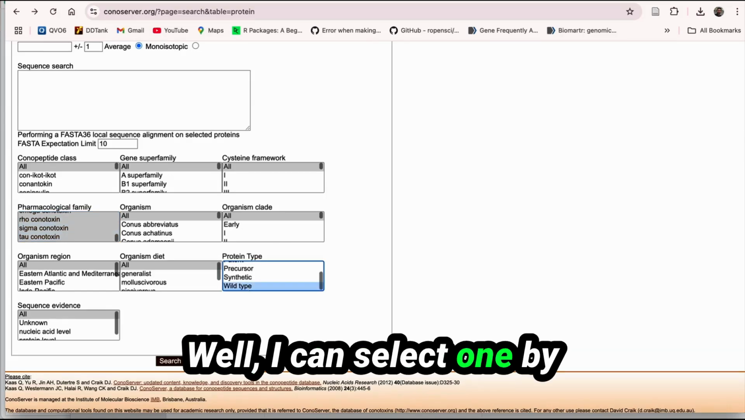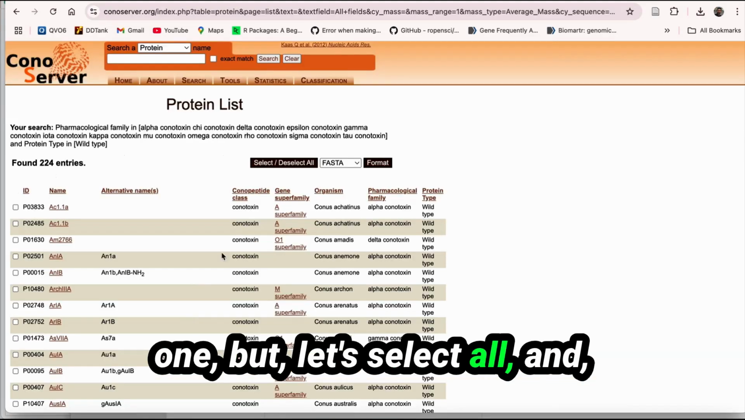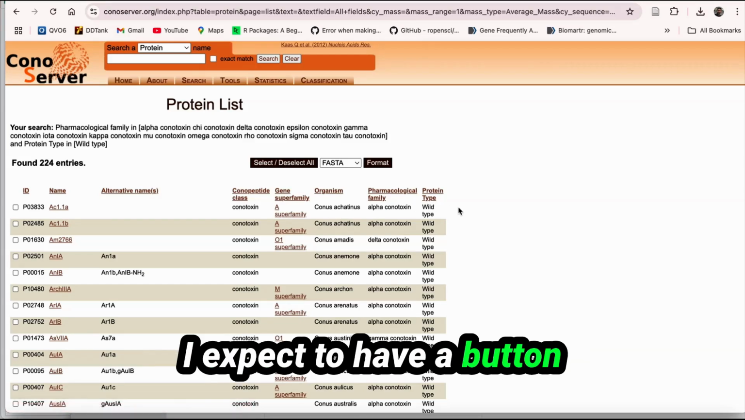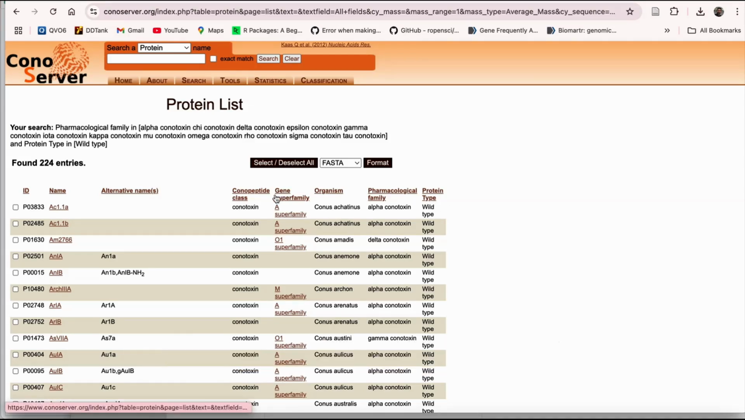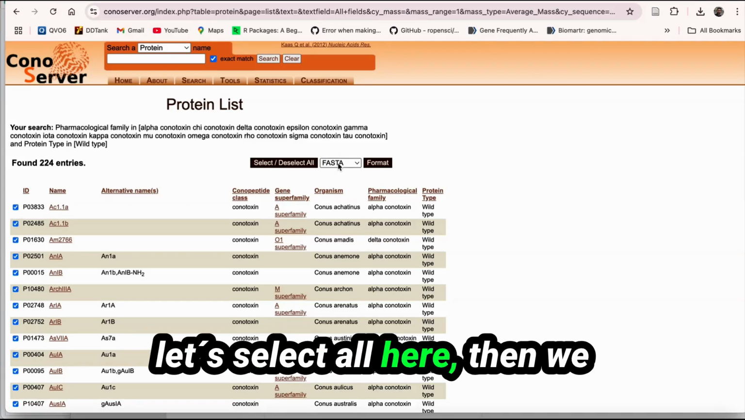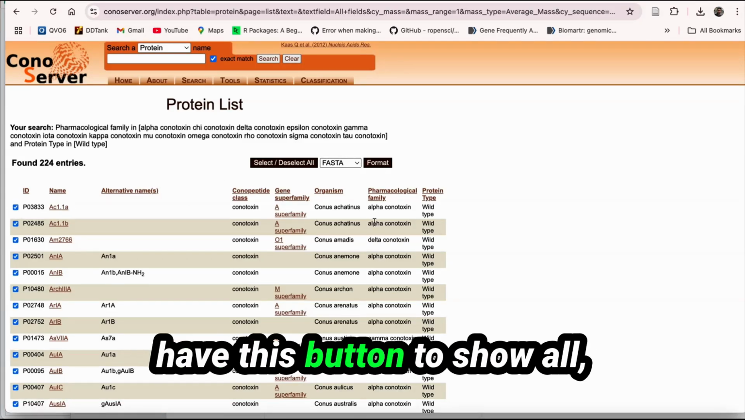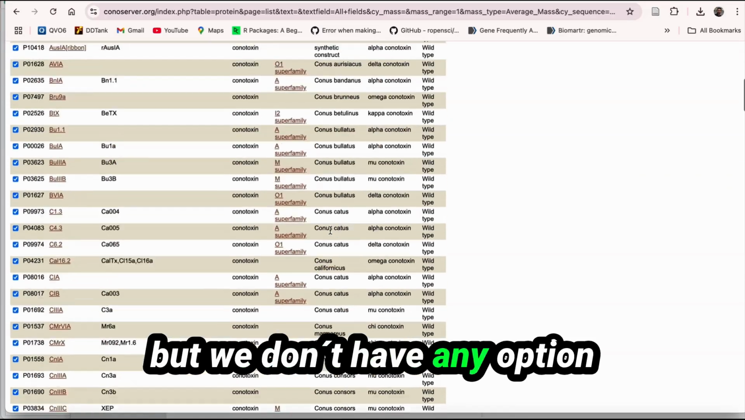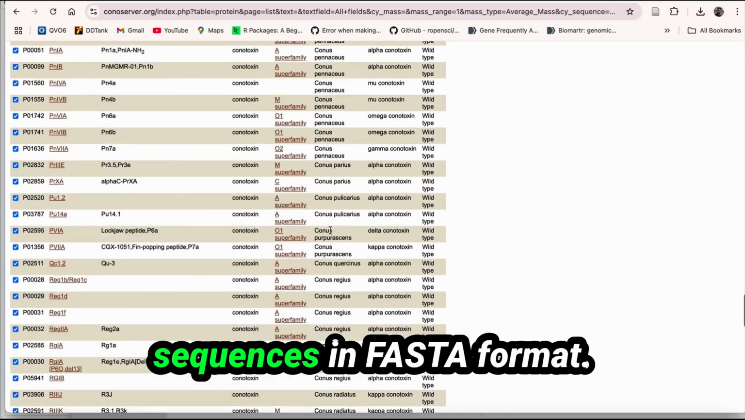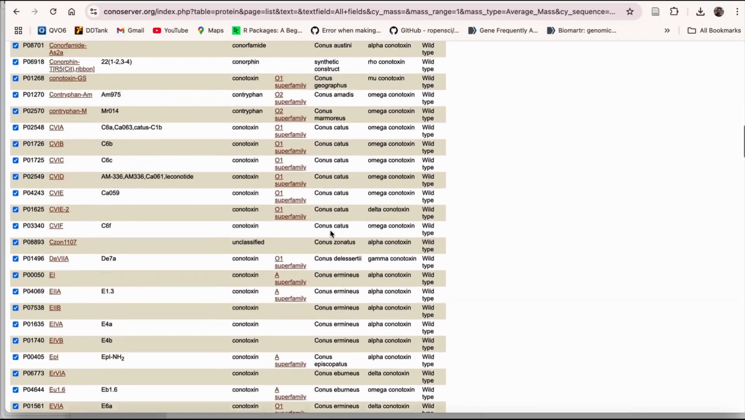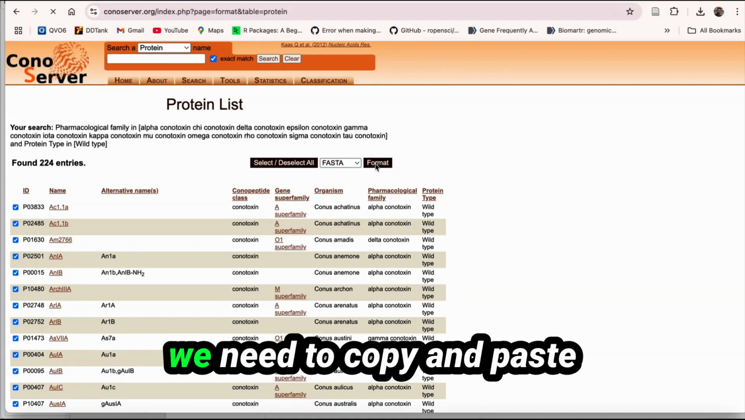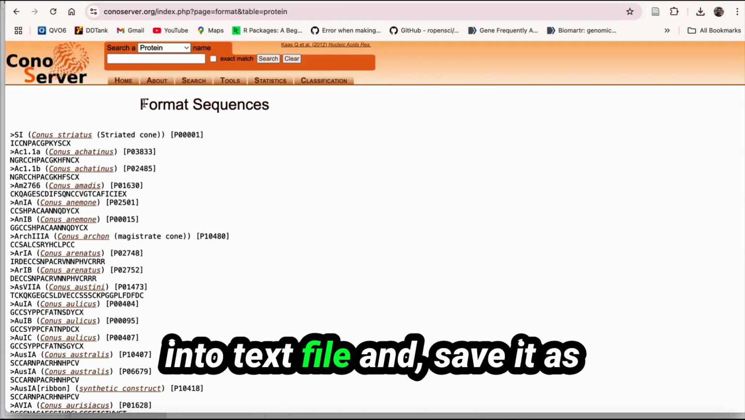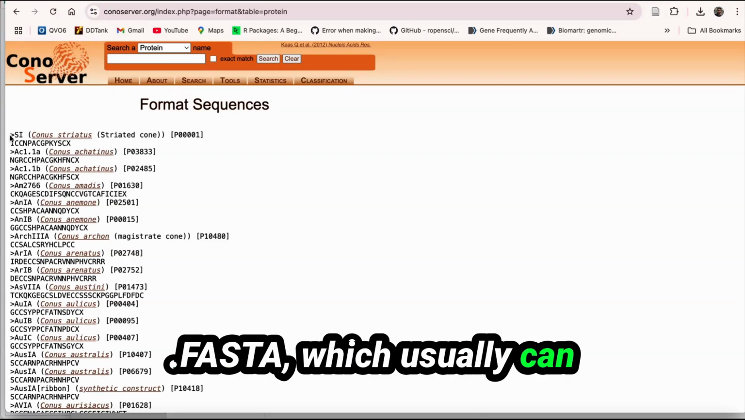Well, I can select one by one, but let's select all. And I expect to have a button to download in .fasta, but we don't have it here. So let's select all here. Then we have this button to show all, but we don't have any option to download the selected sequences in FASTA format. So the option I found is to click on this button format. Then we need to copy and paste into a text file and save it as FASTA, which usually can generate some